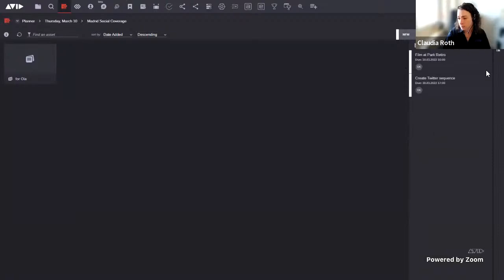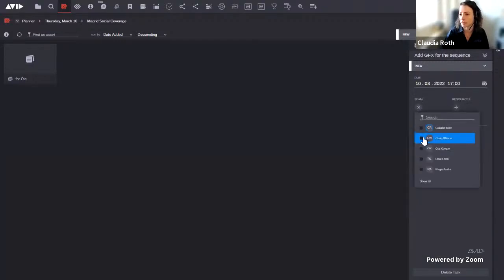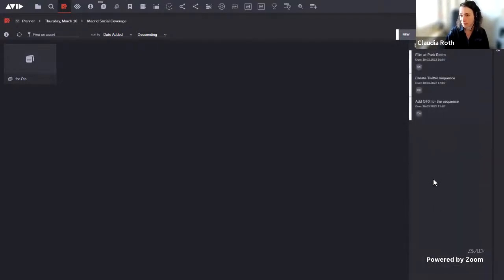This will be for the social export, but I also want Craig to prepare something for our additional coverage to add some more graphics. So I will also create a task for Craig to add graphics for the sequence, so that we can reuse this one for any other external coverage. I also want that to be done by 7 o'clock. I will assign Craig, and now Craig also has a task that he needs to pick up. So this is how easy and quick you can create a